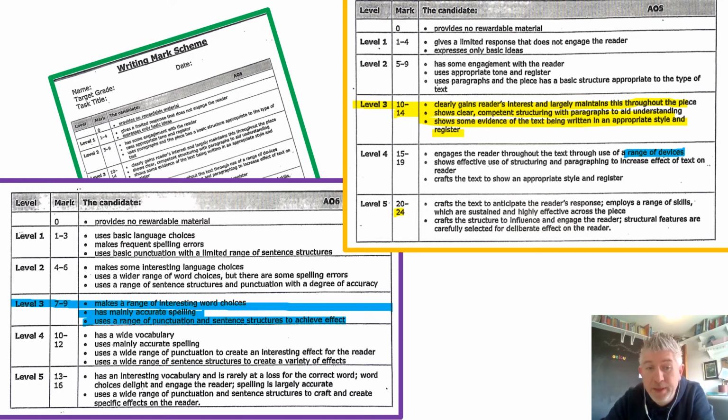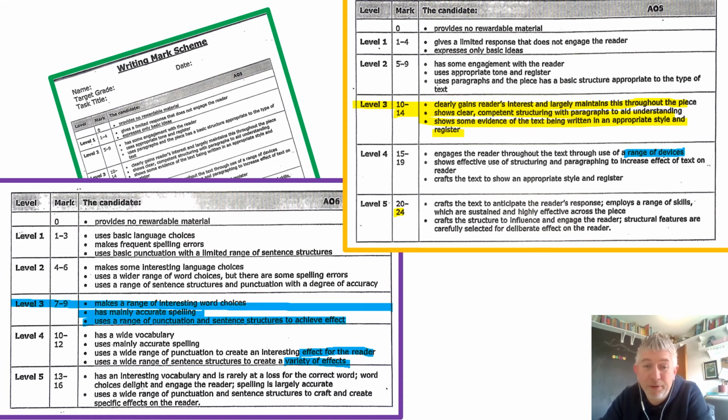If you want to go further than that, then obviously you need to improve or increase your vocabulary. Make sure your spelling is really sharp and accurate. Think about punctuation creating an effect that can help you get into level 4, and make sure your sentences have a variety to them. Not just long, medium, and short, but you might have different openings to your sentences,